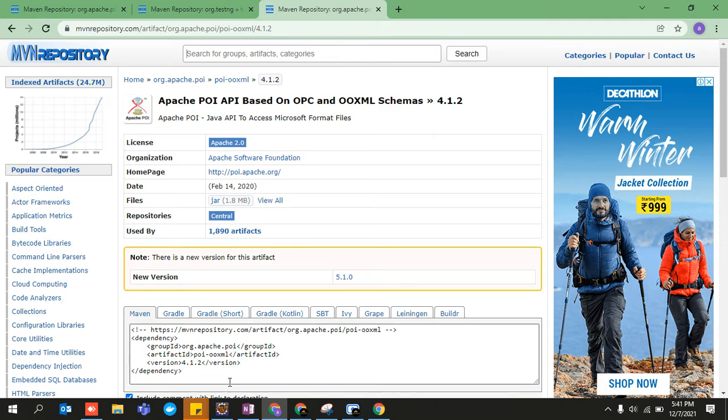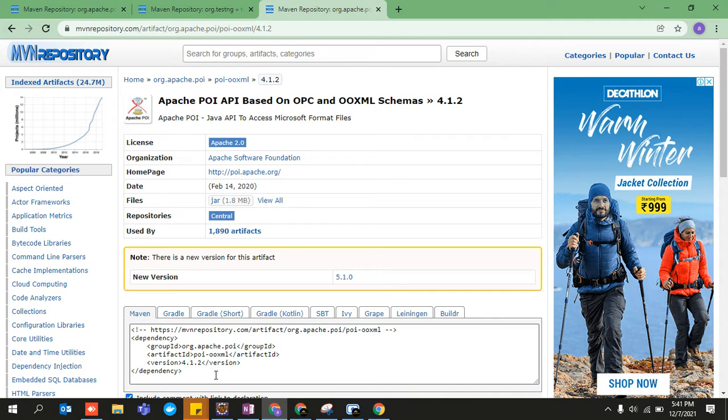What do I mean by configuring this dependency? I know it is not a Maven lecture, but still, it's like this. When you install a particular software, you need to update it, and when you update it, some extra files get added to your software. Some extra packages get downloaded which make your software much better to use. This is that kind of stuff, you can understand it at this point of time.